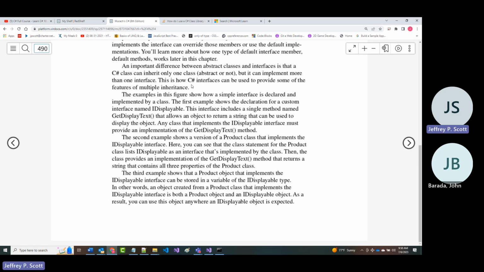In other words, what you can do with one, typically earlier you couldn't do with the other, and now you either can or kind of can, etc. So an important difference between abstract classes and interfaces is that C# can only inherit one class, but it can implement as many interfaces as you need to. It needs to, so 0 or more.